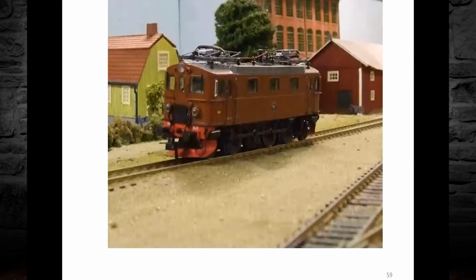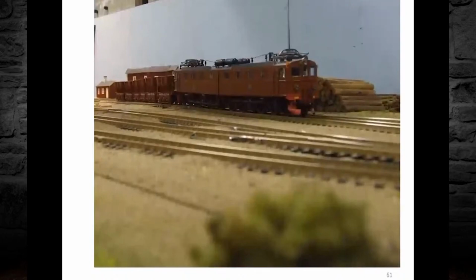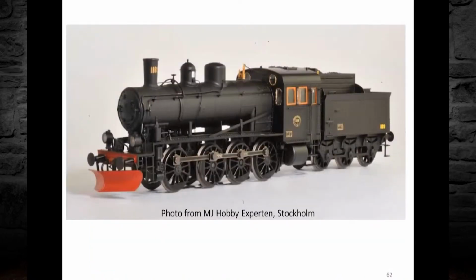And I had to put this in. This is a Heljan MY class locomotive, which were for Denmark. A number of them, when the Danish State Railways got rid of them, were bought up by various private freight operators in Sweden and used by them. This loco got painted in this scheme for a film, and, should we say, the film was awful, but the loco's good. And we have the DM here with some wagons, and the latest Jayco model,